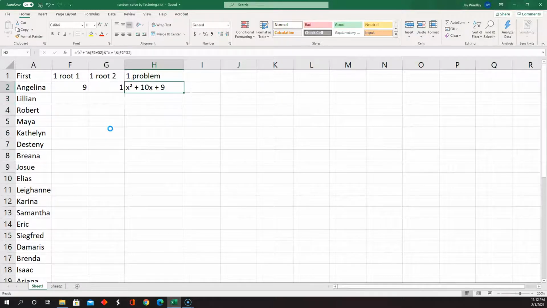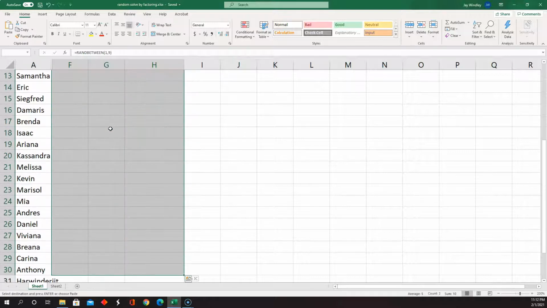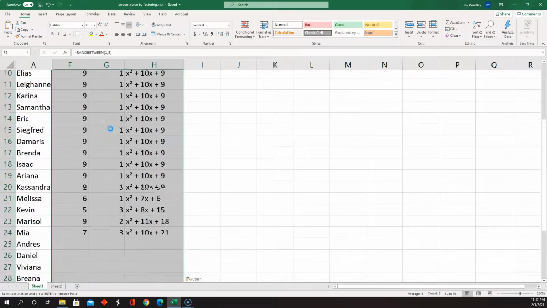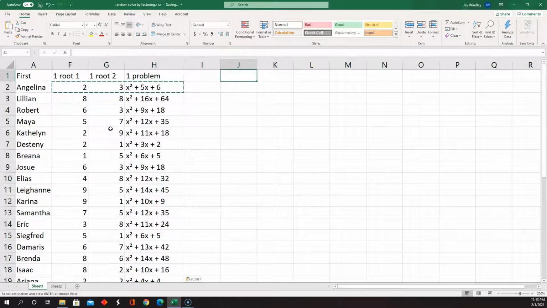So there's our random quadratic that is based on these two chosen numbers. So these aren't really the roots. This is really the quadratic x plus 9 and x plus 1. So I'm making sure that instead of choosing the b and the c randomly, I'm giving them a quadratic that is factorable. So now I'm going to copy that and paste it all the way down, and now everybody's got a different